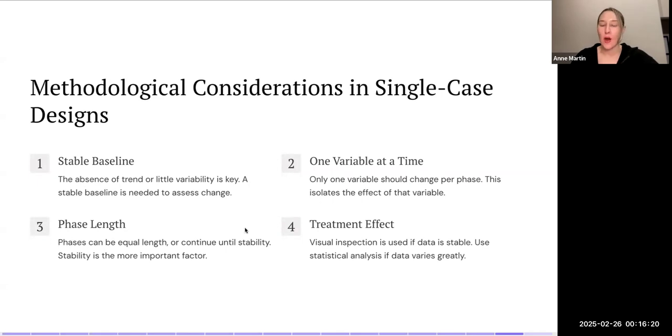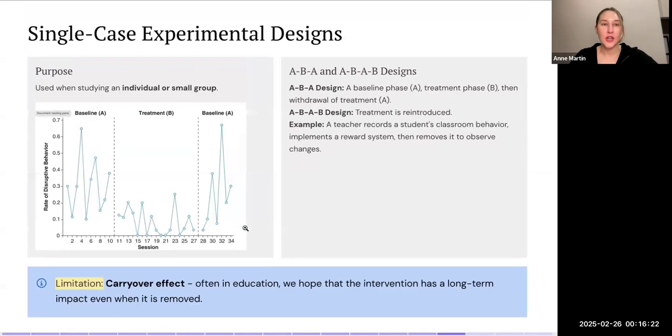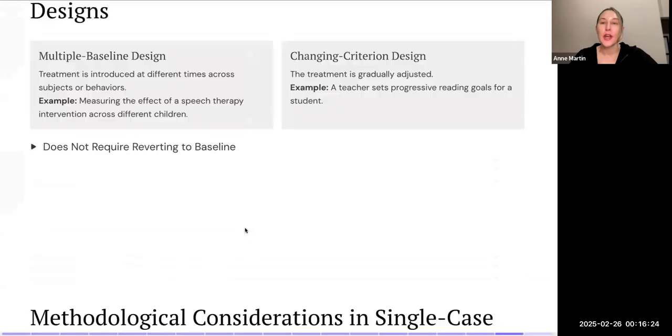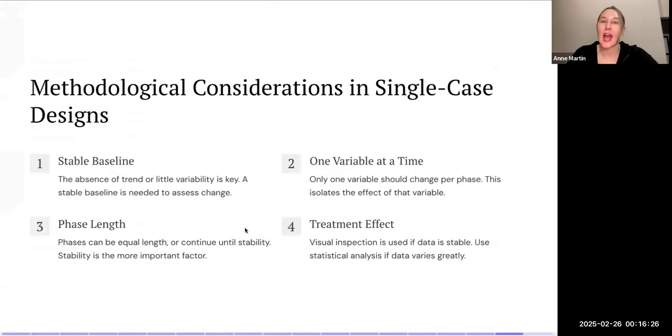Depending on which of these designs is being employed, if you're using a single case, having a stable baseline to make sure that there's as little variability as possible to assess change is really important. If you are testing more than one variable, introduce one variable at a time so you can isolate it. Think about how you might alter the phase length and then the treatment effect to look at how